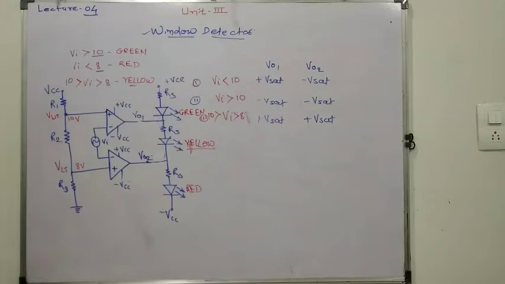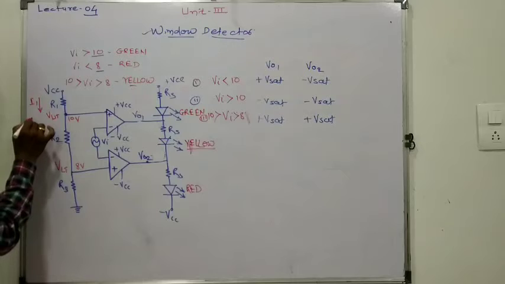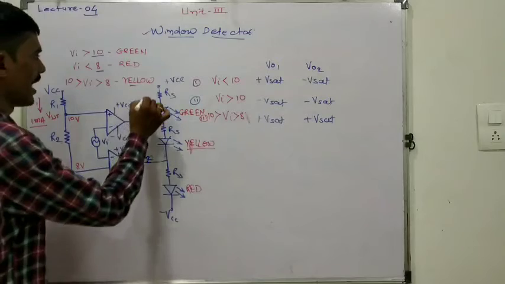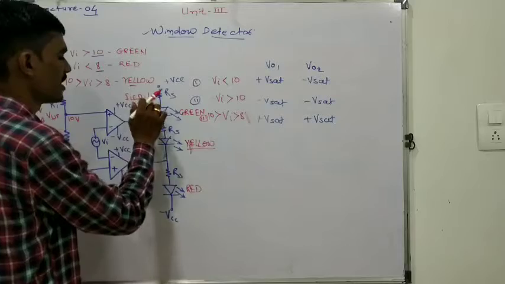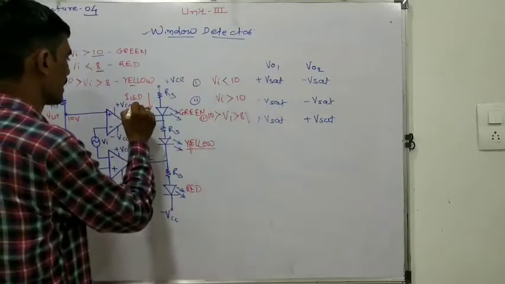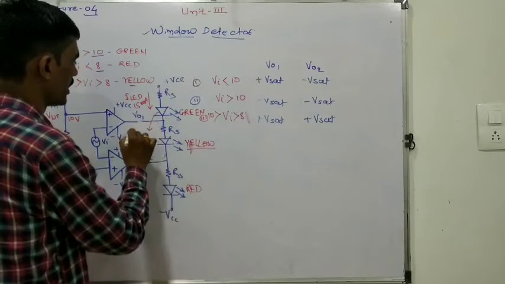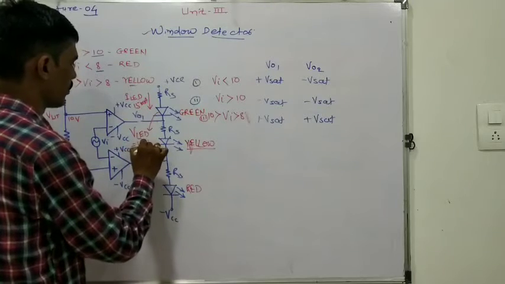Now the remaining part is to find out R1, R2, R3, and we have to find out the RS. For that, again we have to consider this current, that is I1. I1 current must be 1 milliampere, that is to be the assumption. Again this ILED must be in the range between 10 to 30 milliampere. So let us take this as 15 milliampere, and this VLED is equal to 1.5 volt.